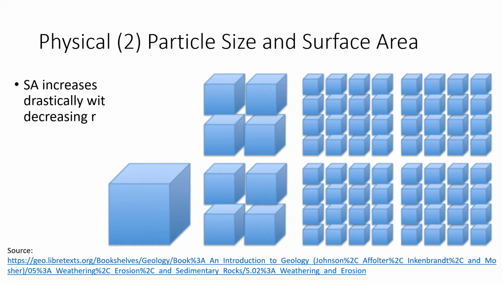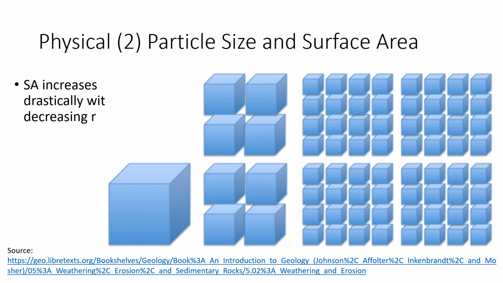Okay, I talked a little bit about this with the glacier scratching idea, but the surface area effect, we're going to do a little bit of math with this, and so I want you to try to follow along. But this figure comes from the Johnson text, and you can find it in most introductory texts. And I really, really want you to understand this surface area effect, and so I really want you to process what's going to go on here with volume of rock and how we divide that volume up. Okay, so